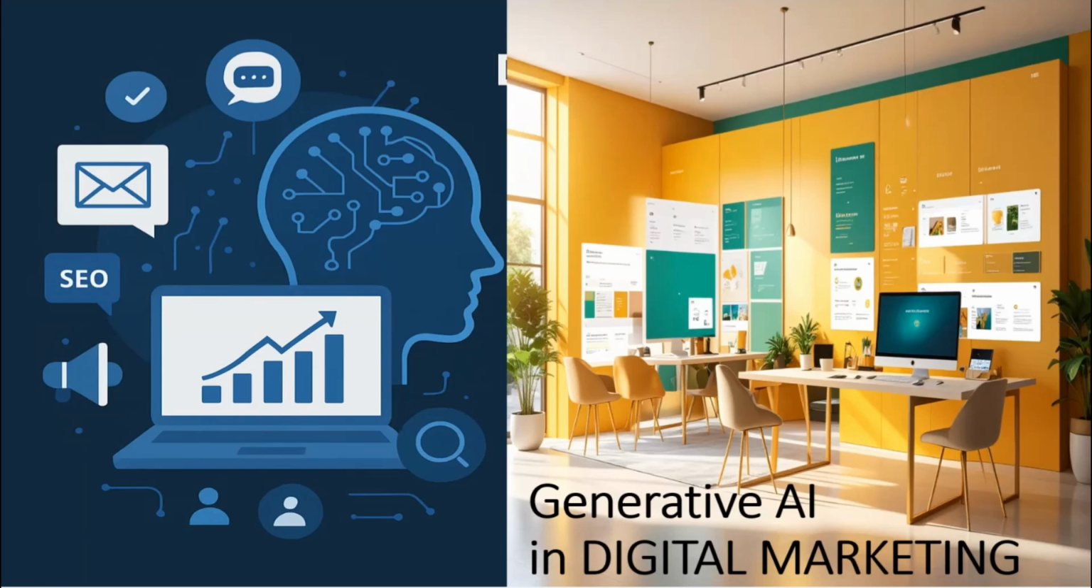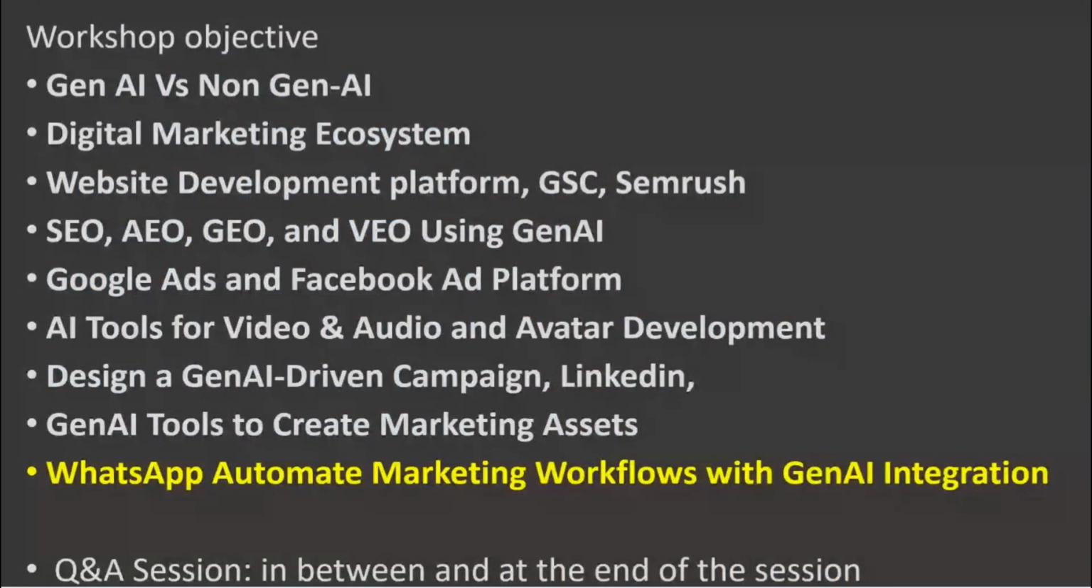Before we start, I will take you through what we are going to practice here. I'll start with what is Gen AI and non-Gen AI, what is the digital marketing ecosystem, how quickly you can develop your website, and how you can use your Google Search Console. You can use one AI tool, Semrush, to identify your website performance, whether the website is good or not. And the current trend, which is SEO, search engine optimization, AEO, answering engine optimization, GEO, generative engine optimization, VEO, voice